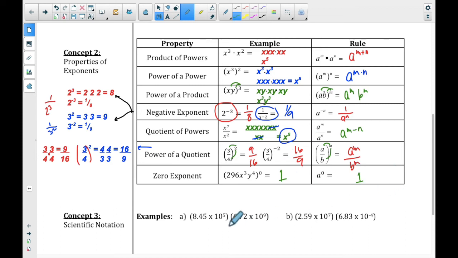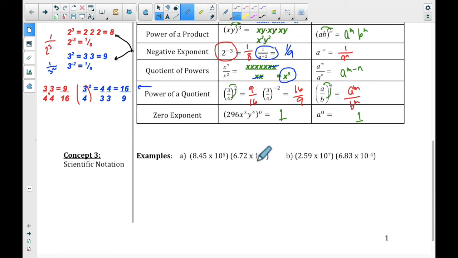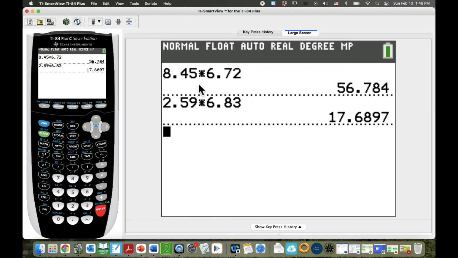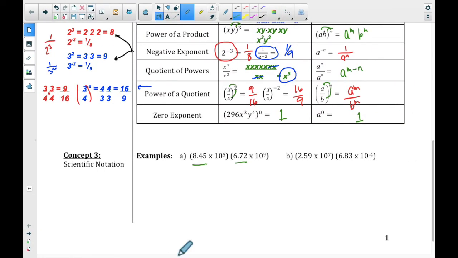And actually, before we do that, we're going to do a little bit of scientific notation. Scientific notation fits in here because there are powers. But what you really do on your calculator is multiply the first numbers together, and then you deal with the powers second. So I'm going to show you on the calculator, if you multiply 8.45 times 6.72, you get 56.784. So this is going to be 56.784,